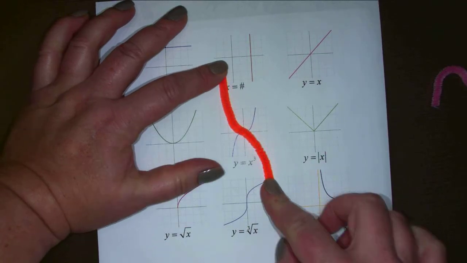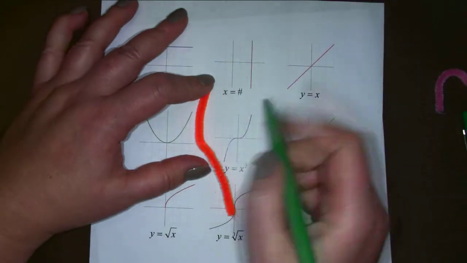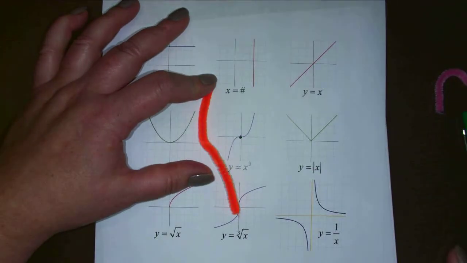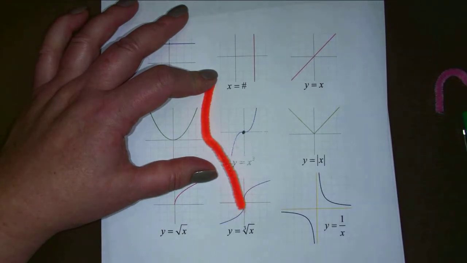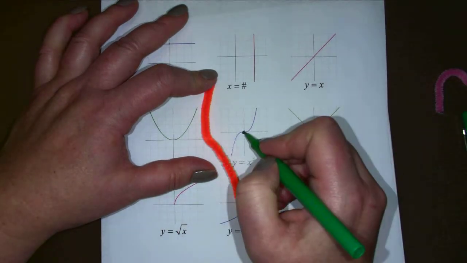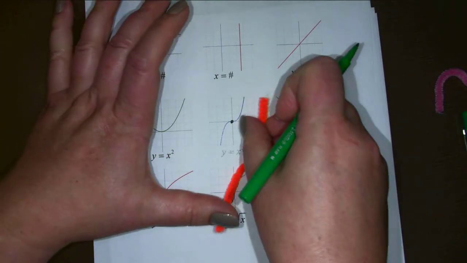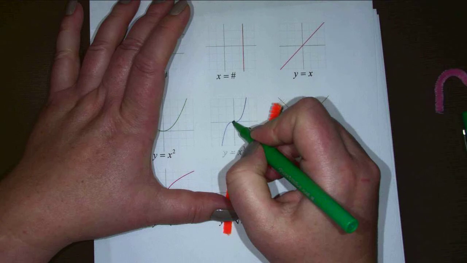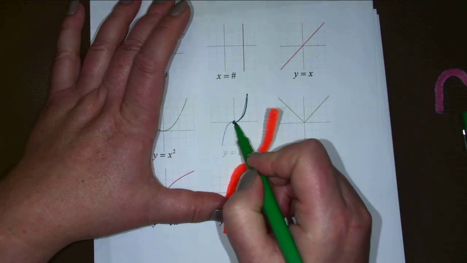So the way I draw this is we're going to find that vertex. I'm going to show you how to find that. We're going to call it the center, because it's not really a vertex anymore. That's only for parabolas. You're going to find that center, and then from that center, if it's a positive shape, the normal way, you're going to draw half a parabola up,